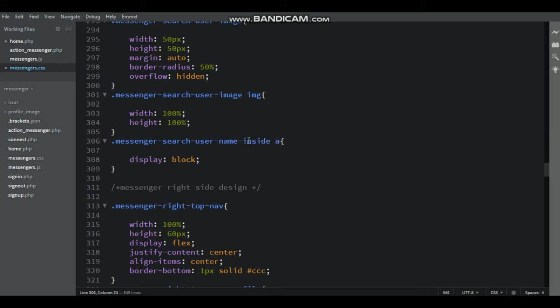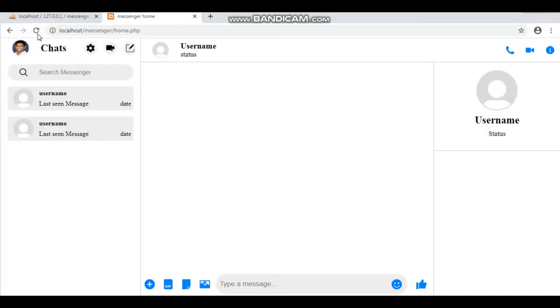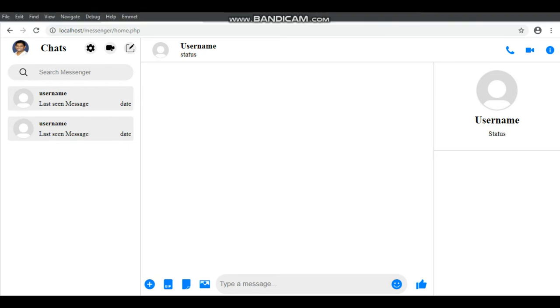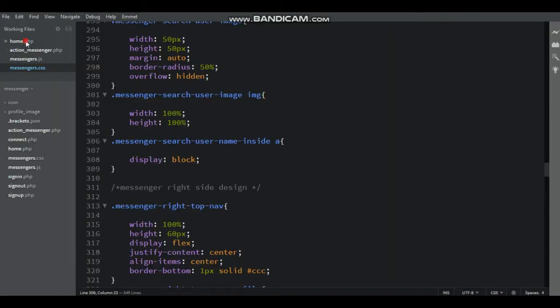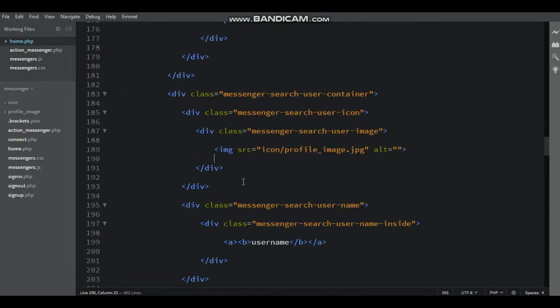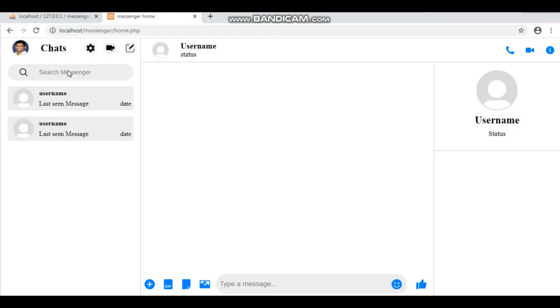Here that is refresh the browser, save the file, home.php, and then refresh the browser. Here profile image and username.